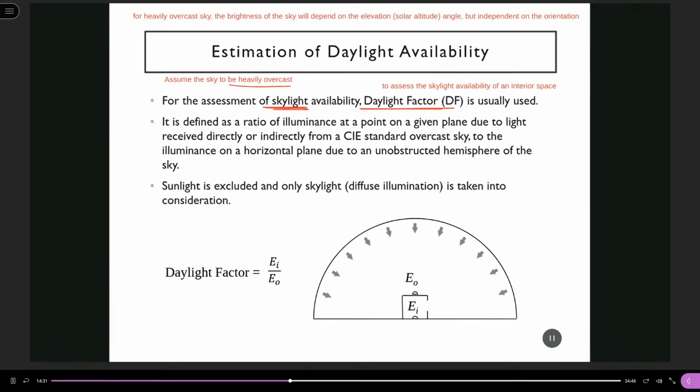Okay, for overcast sky, the brightness of the sky will depend on the elevation angle, whether it is near the horizon or high in the sky, and it is independent of the